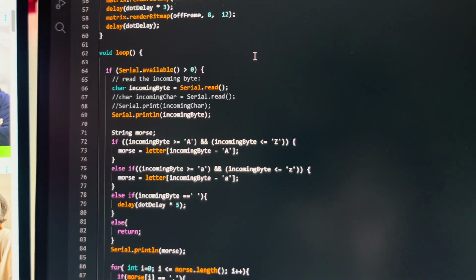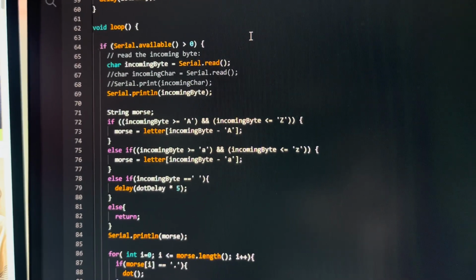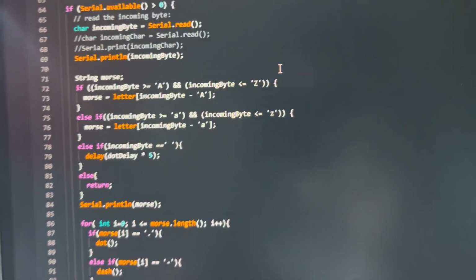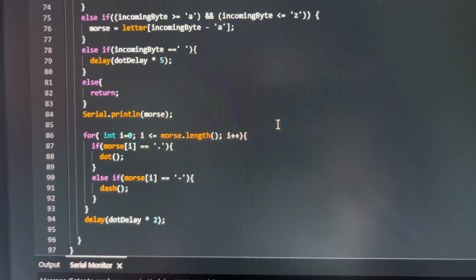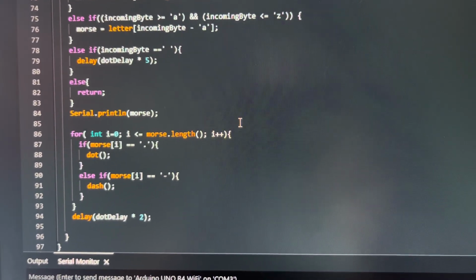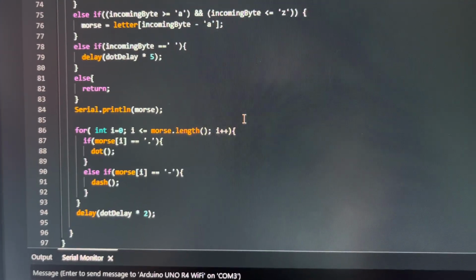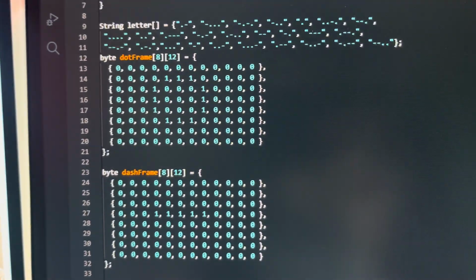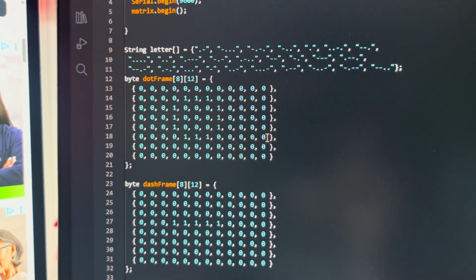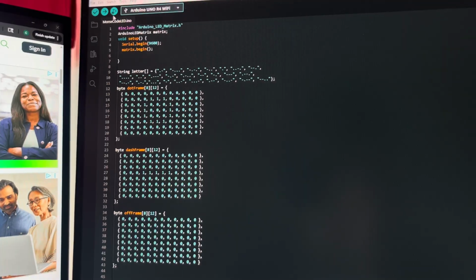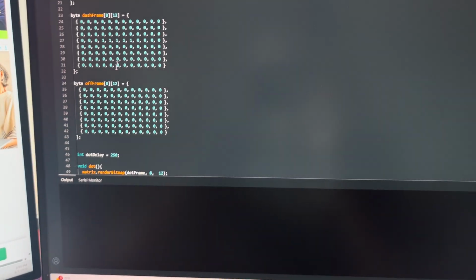After we determine what index we are going to be reading, we assign that to a new variable called Morse. All we do from here is use a for loop to read through the specific characters in that index, and we output whether it's a dot or dash. This dot function up here just refers to the LED matrix dot, and the dash function is for the dash. So if we come up here and upload our code,